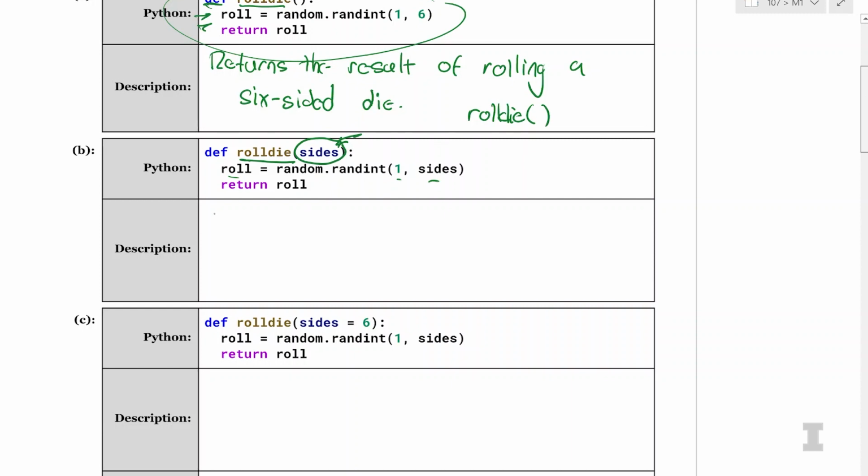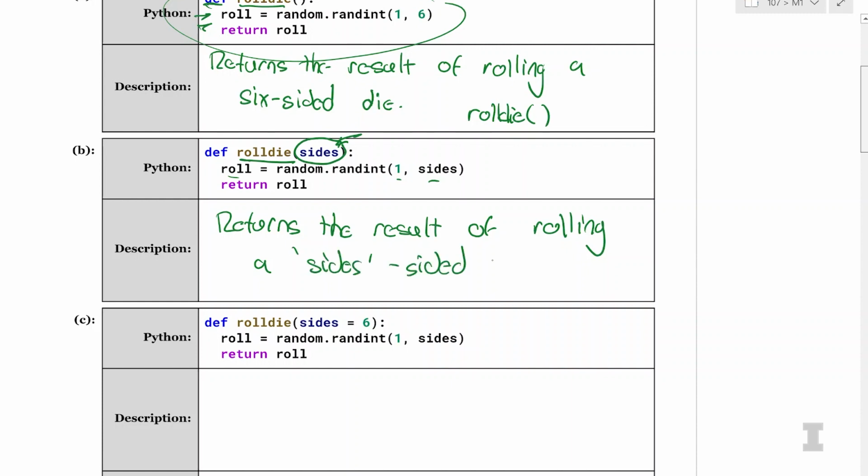I'm going to describe this as returns the result of rolling a sided die, where we're able to decide how many sided die we give.